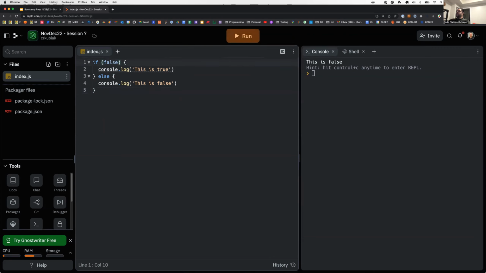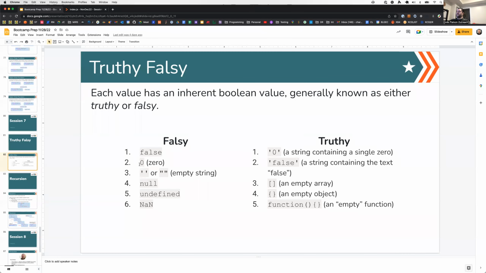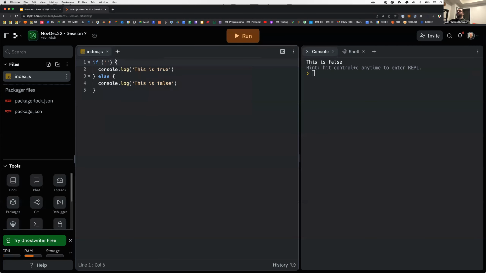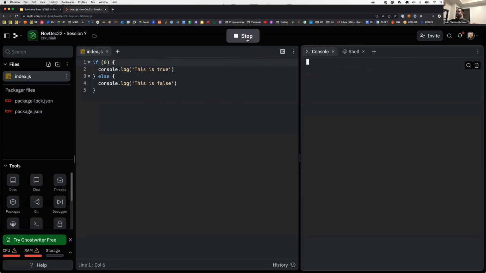And so every value that we have, if I just put an empty string in here, look at this, falsy is an empty string. So if I just feed an empty string in here, I would expect that the computer is going to resolve this to false for me. So this is false. And the same thing, if I just put the number 0 in here, this is also false. However, if I put a string of 0 in there,